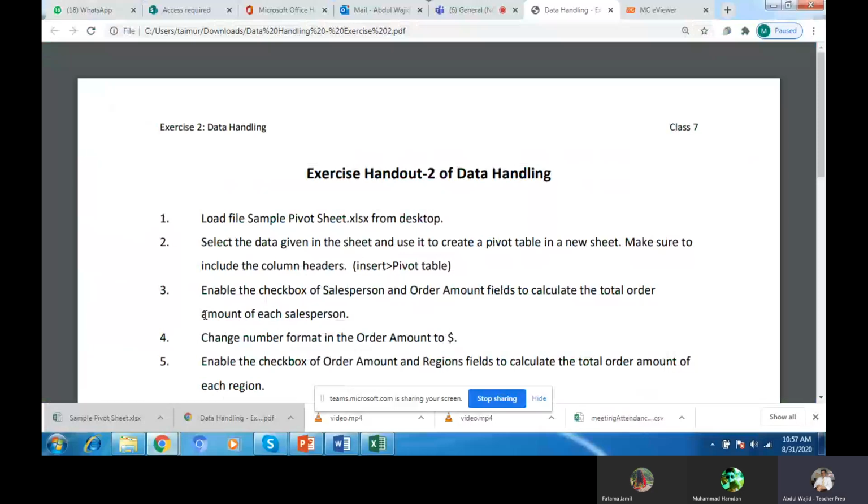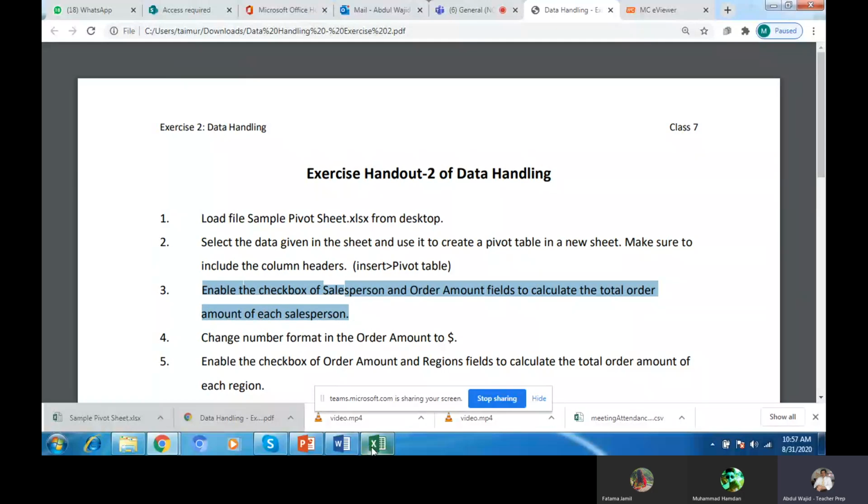Now enable the checkbox of the salesperson and order amount field. Calculate the total order of each. Okay, we will go there, and instruction number 3 is there.